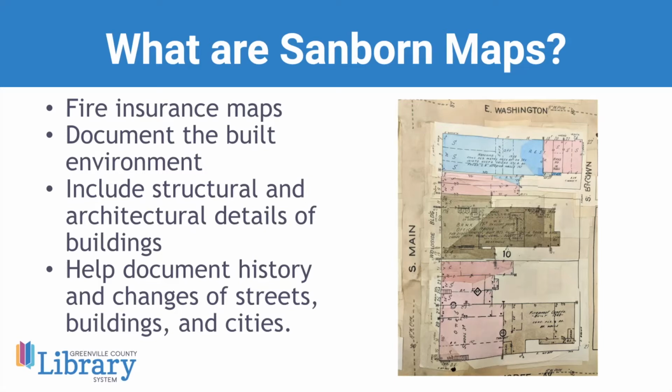Now a little bit of history of how they came about. In 1666 in London, there was a fire that destroyed close to 400 acres of homes. Obviously that was devastating, but after that is when the insuring of buildings really started to be practiced. There weren't any maps like what I'm showing, though. This is an example from our collection of what a Sanborn map looks like.